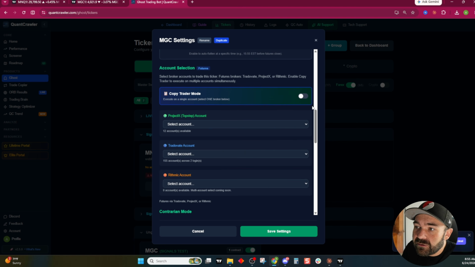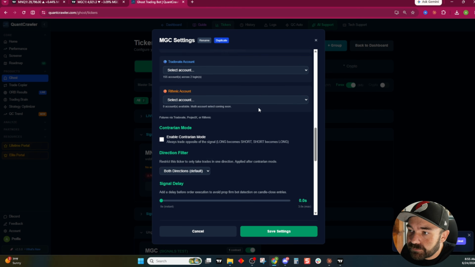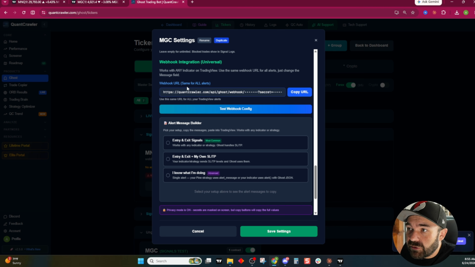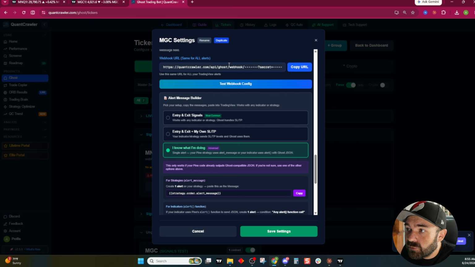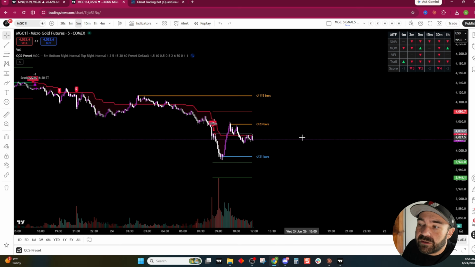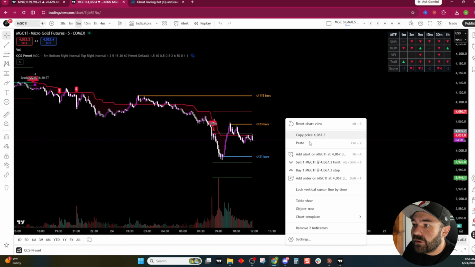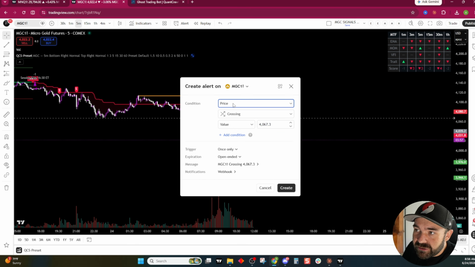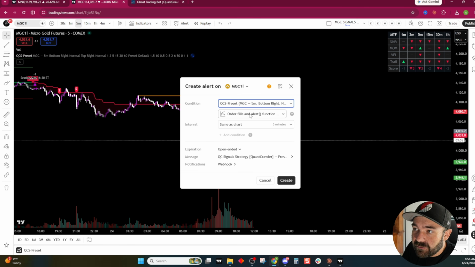You would scroll down here, select your account or copy trade your account, select as many as you want. And then you get down here to the section you need, the webhook integration. And again, click I know what I'm doing. Scroll down a little more. So you've got every button you need to click in one screen, and click copy while you're here on the alert message. You then come back over to MGC, right click, add alert, condition at the top, select QCS preset,